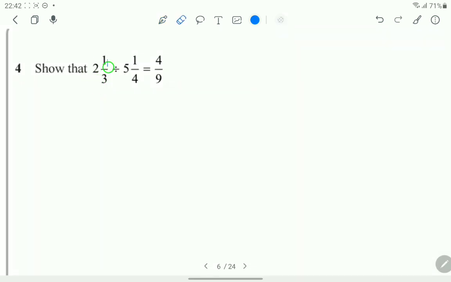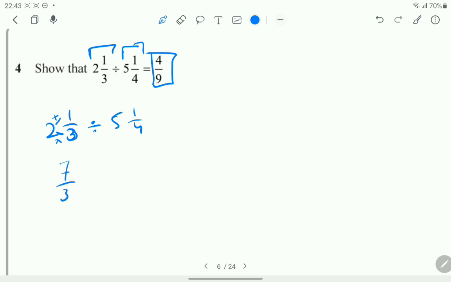Moving on to the fourth question, a pretty simple, cute question, free marks basically. So we need to turn this into improper fractions and make it look like this. So what we do is 2 and 1 third divided by 5 and 1 quarter. In order to make them into improper fractions, we multiply this and then add the product with the numerator. So 3 times 2 is 6, 6 plus 1, 7 over 3,